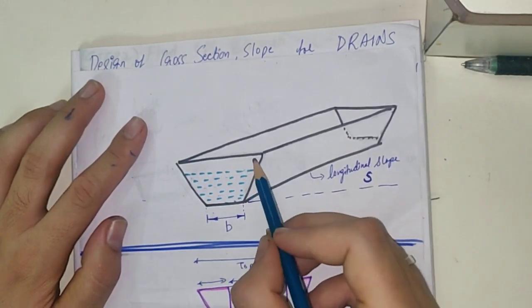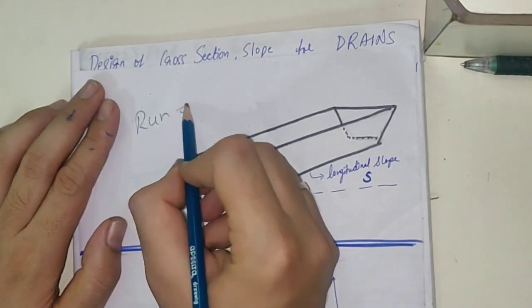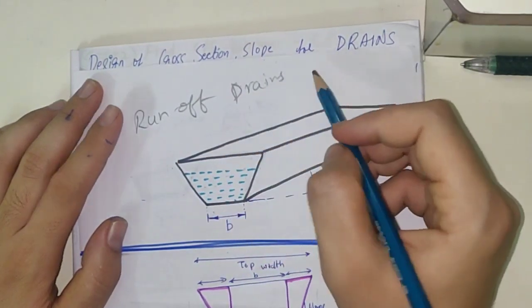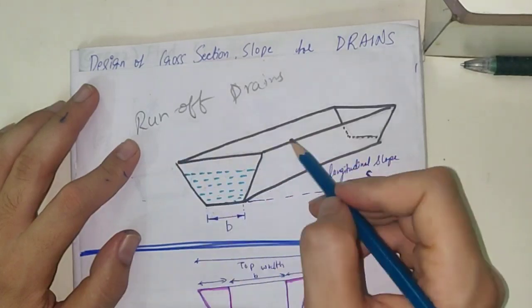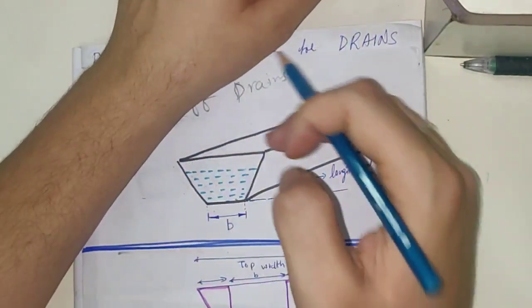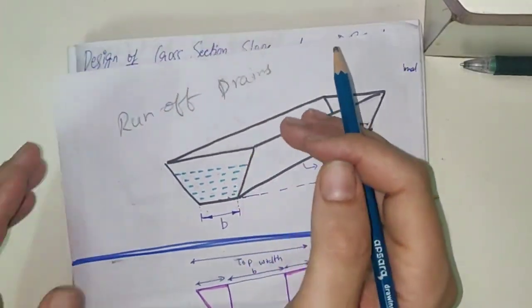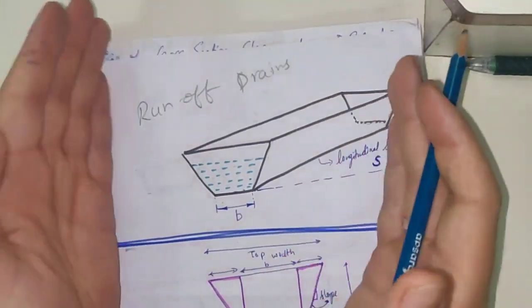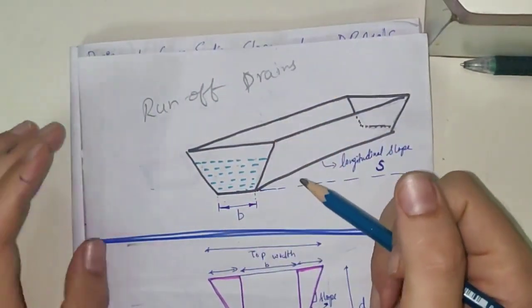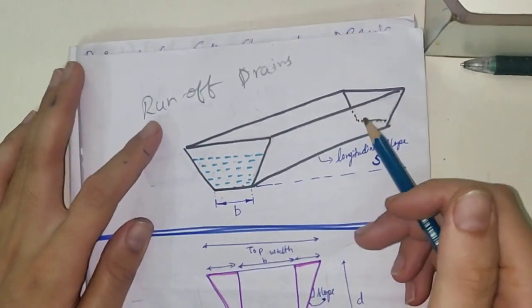So these are also called runoff drains, or stormwater drains. Okay, so the rainwater is drained off. So first thing you have to find out is how much water is going to come. According to that, we have to design whether the drain is going to be small or big, what should be the height of the drain, what should be the breadth, what should be the slope. Okay, so those are all the practical design we have to do.